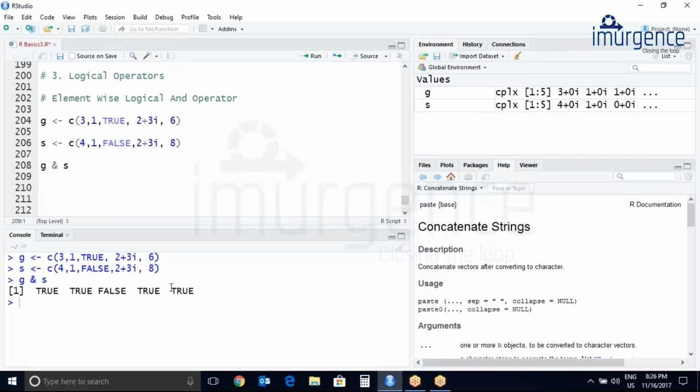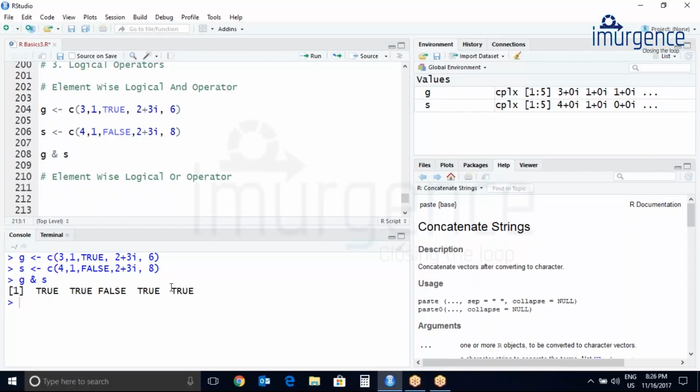So it goes element wise. So it unites each element of the first vector with the equivalent element of the second vector, and it will return true or false. Let's try with the element wise logical OR operator. So let's create another vector.